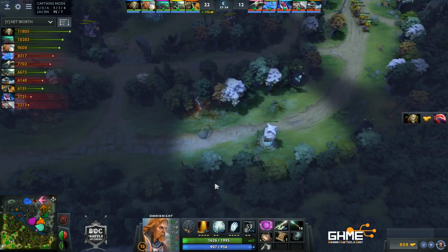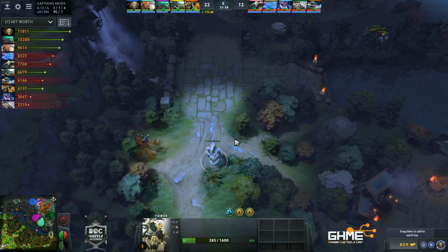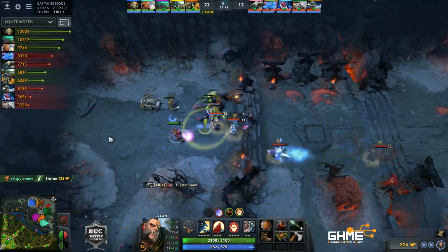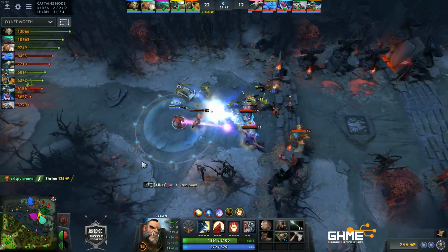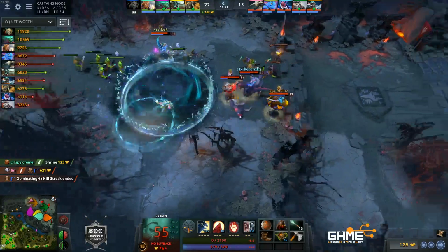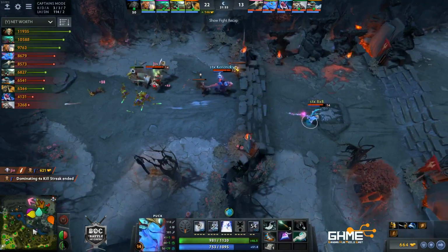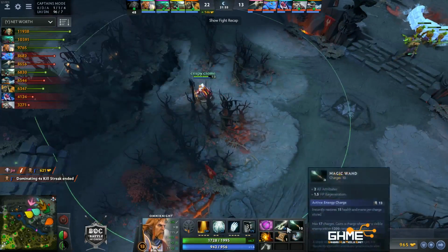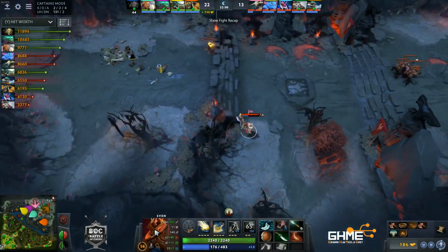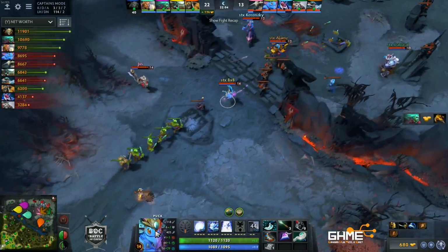Omni Knight already. Dire's bottom shrine is under attack. Okay, only the top tower is pretty low HP, but still though. Lycanthrope is caught off guard, and I guess this is a very nice trade-off for the Statix team. He went just too deep all alone. They didn't have any vision of the enemy team. Yeah, the Halberd is already on the Omni Knight, most probably hitting the target on the Sven anytime it is possible, because